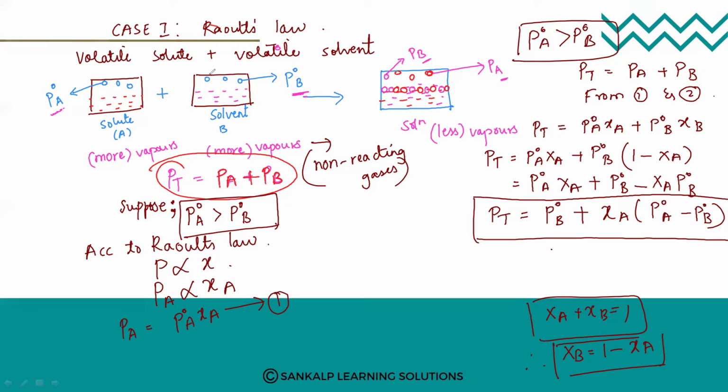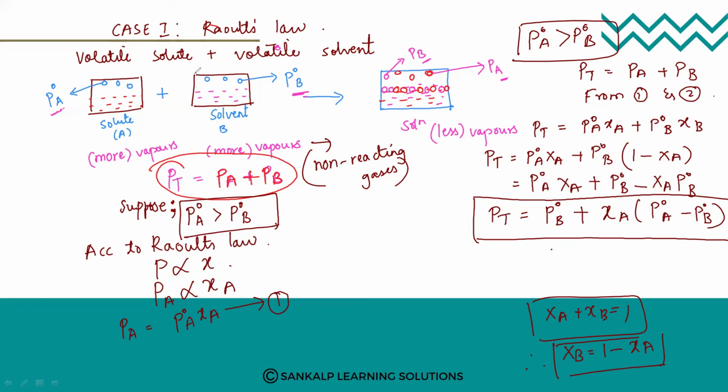So we have two volatile liquids, a case wherein both the solute and solvent are volatile in nature. What we are supposing is that the solute is more volatile than the solvent. So if I consider this condition and apply Raoult's law, and then apply Dalton's law,